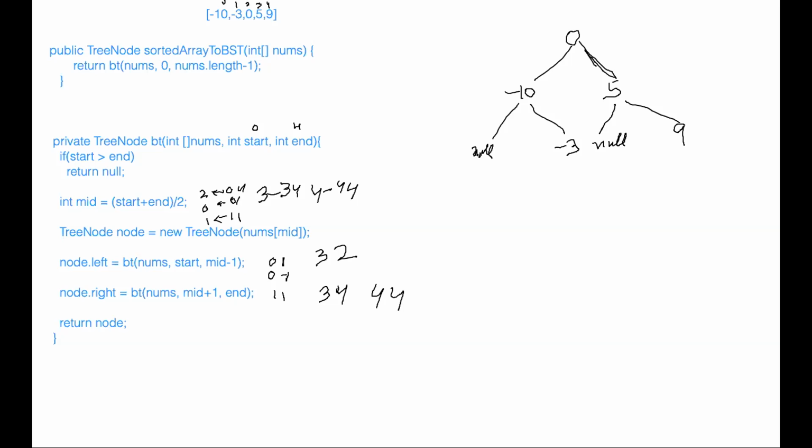So there is a small change you can make when you are finding the mid. When you are saying mid is equal to start plus end by 2, below that you can check if left plus right is odd, and just increment the mid by 1. That will give you the other way. That is the only small trick, and that should work. That is what is there in the solution.